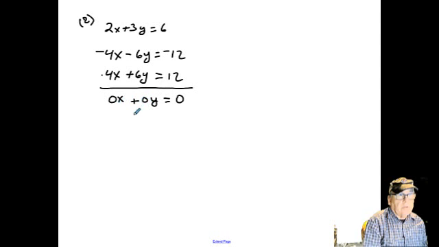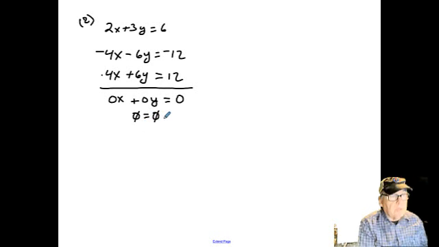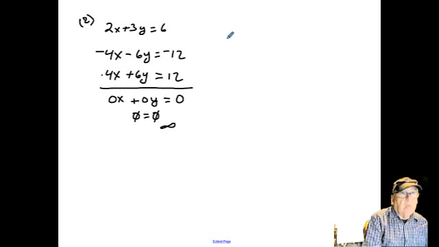So 0x and 0y is the same thing as a 0, and we end up with 0 is equal to 0 for this one. Now this is a true statement. 0 is always going to be equal to 0. So that means that these 2 lines cross every place. The x's and the y's don't matter. These lines have infinitely many places of intersection. Now in the plane, the only way that that can happen is if one line is actually the same as the other line,